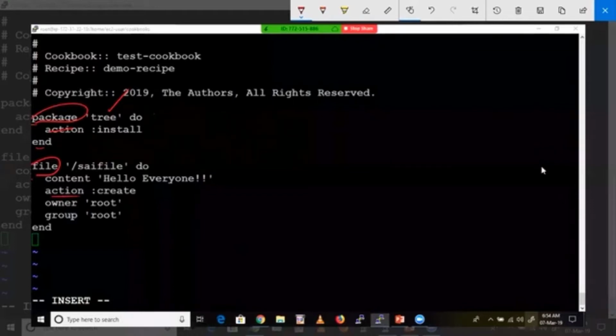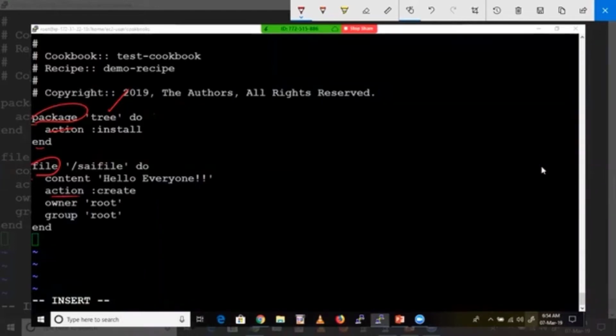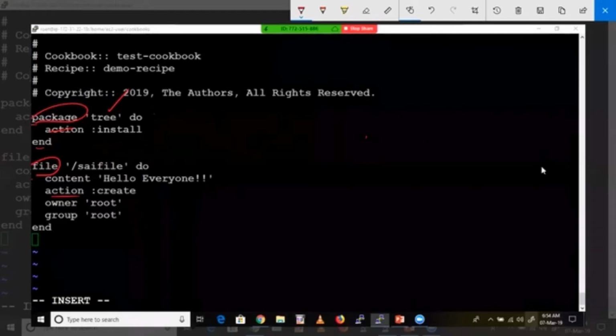For the remaining things, if you observe carefully, here I'm going to create one more file. One file under /etc I'm going to create. The content is in single quotes, hello everyone. Owner: I want to make root the owner of that file. If you want to make some other user the owner of this file, you need to create that user first. And you know, root user is already there, that's why I'm mentioning it here. Owner root. If the root user is not there, then it will throw an error. That must be present, right? Then only it will make that root user the owner of this file.